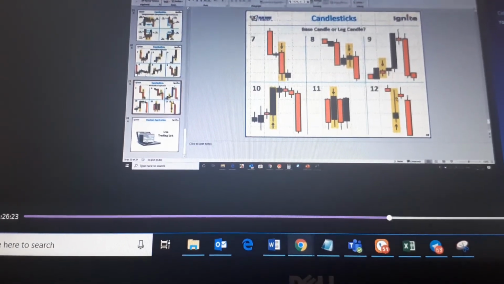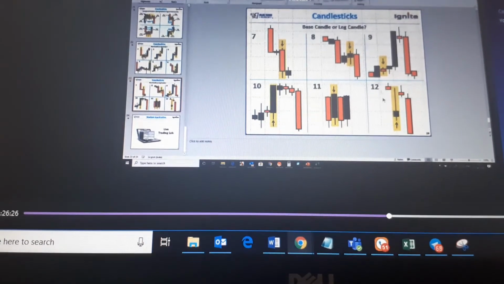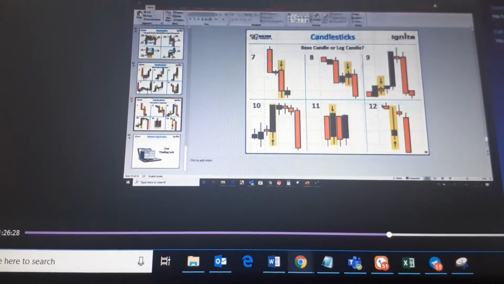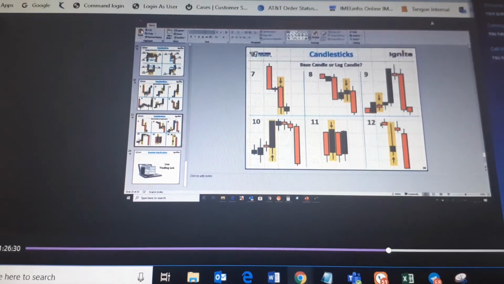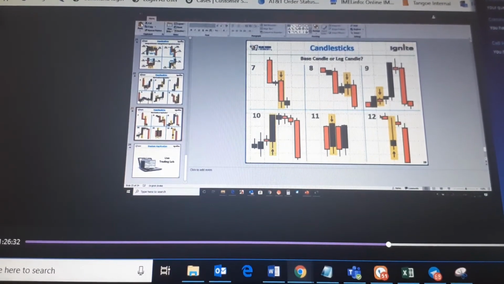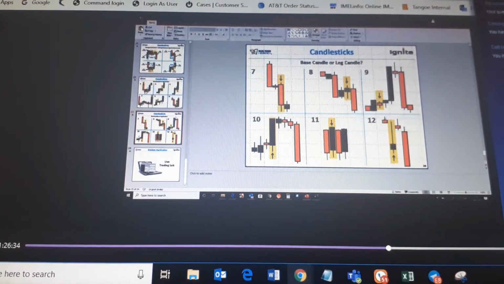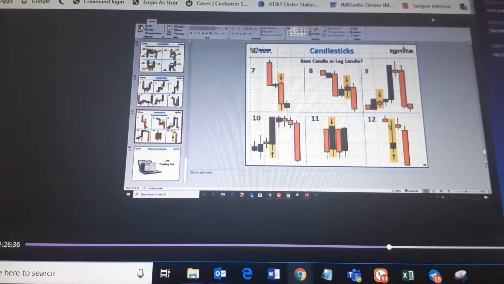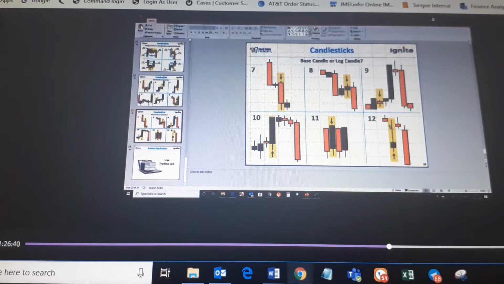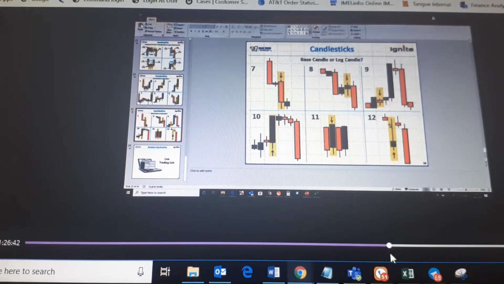Very good. No pattern, right? We don't have a leg candle. Koteshwar, this is not a demand, it's a supply, because we need a leg candle, which is not there here. Any of the things missing, whether it's a leg or a base candle, we cannot have a zone over there.